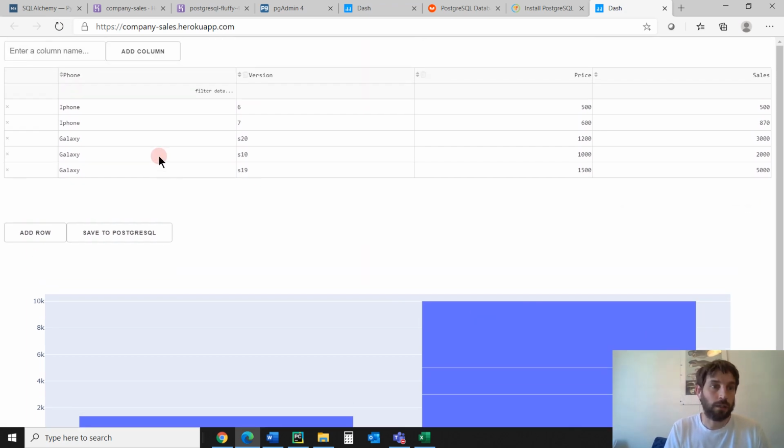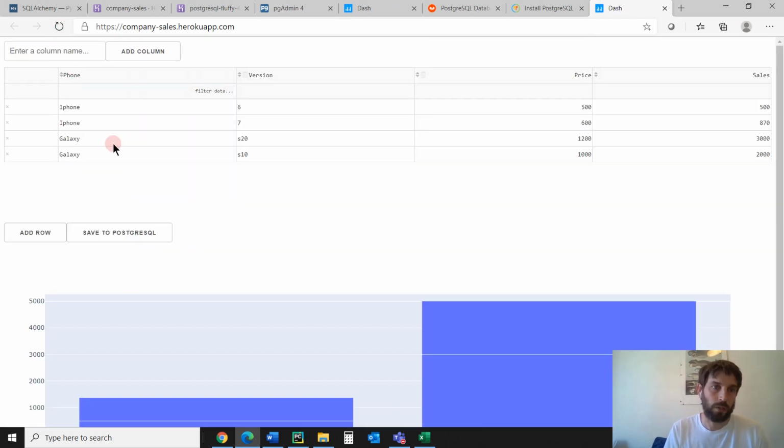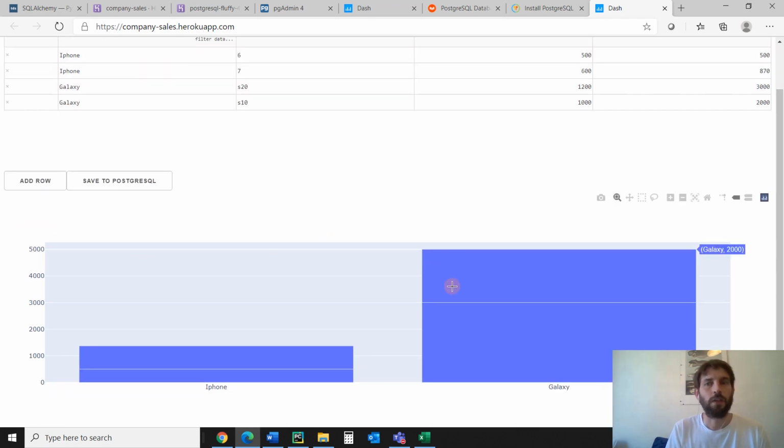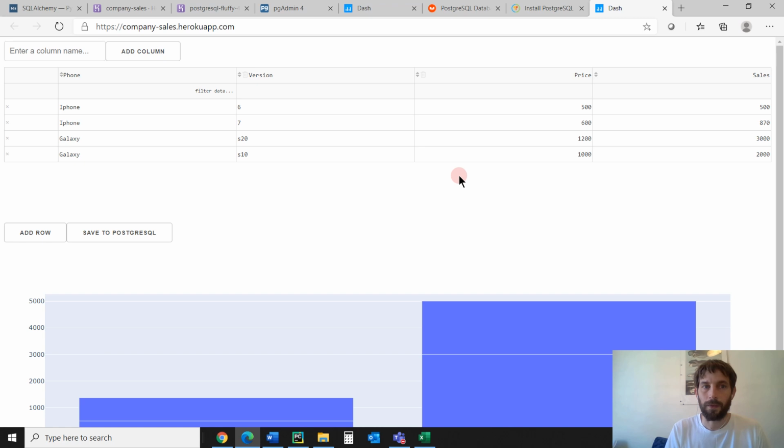I can also delete this S19, save it to Postgres, and once I save it, if I refresh, it's saved. So now there's only 5,000 sales in Galaxy. All right. So this is one way to check that the database is working, because you can see that it works